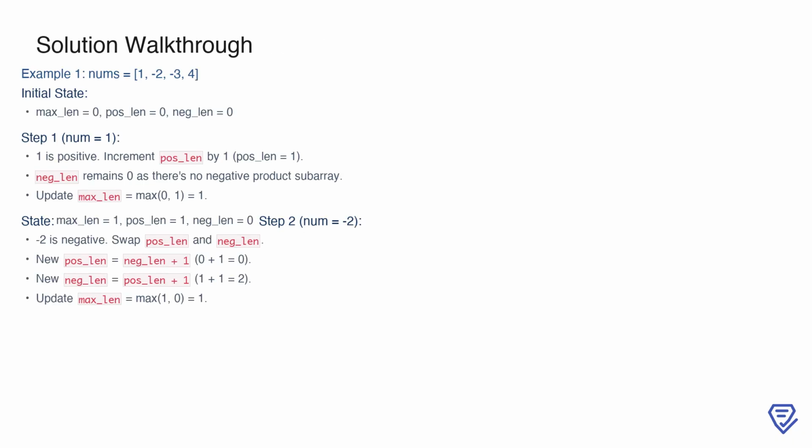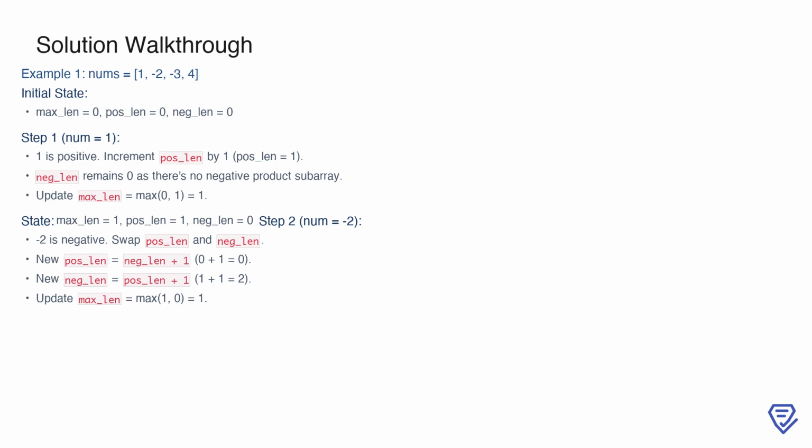In this example, we start with the input array nums equals 1, -2, -3, 4. Initially, all our variables are set to 0: max_len, pos_len, and neg_len. For the first number, 1, which is positive, we increment pos_len by 1, making it 1, while neg_len stays 0. We then update max_len to the maximum of its current value and pos_len, which results in max_len being updated to